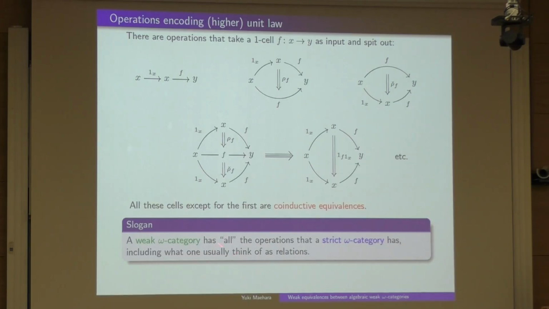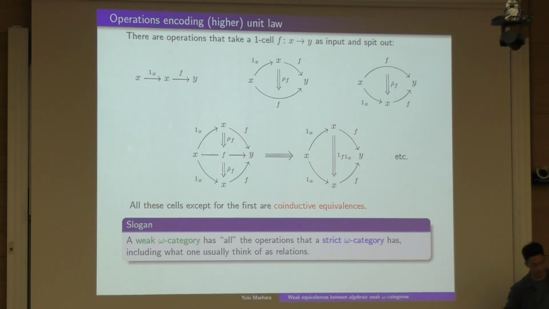So a weak omega category in a sense has all the operations that a strict omega category has, including what we usually think of as relations. So for example, unit law is encoded in this way. Unlike other non-algebraic models of higher categories, this sort of allows you to